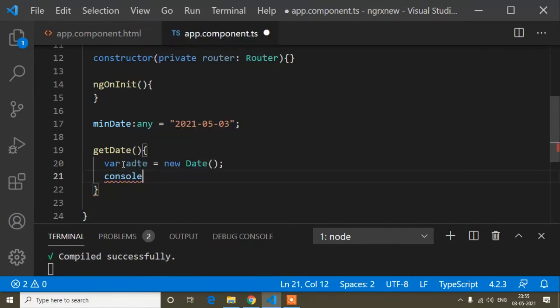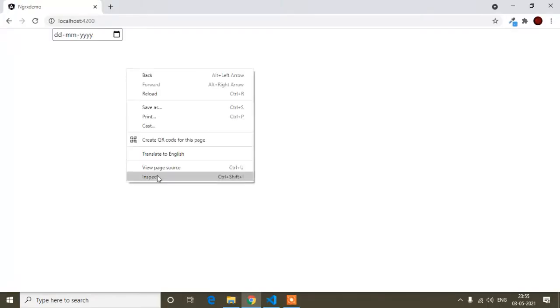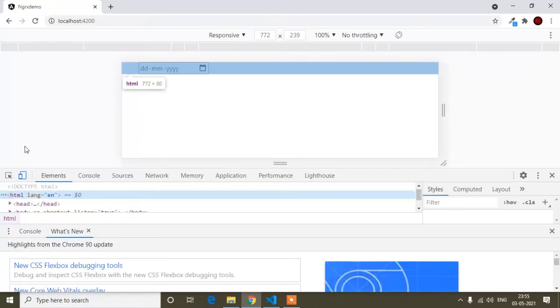So here console.log, and inside this console, the date spelling I had written wrong. Now if I print this date inside the console and save, and now open the console,